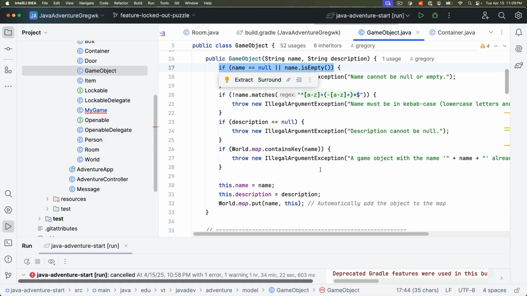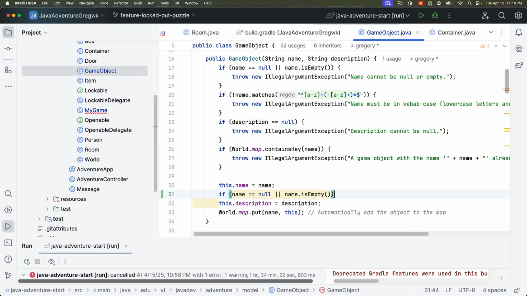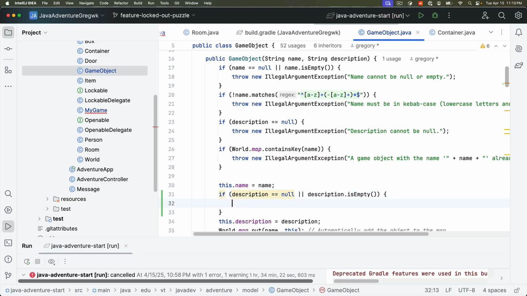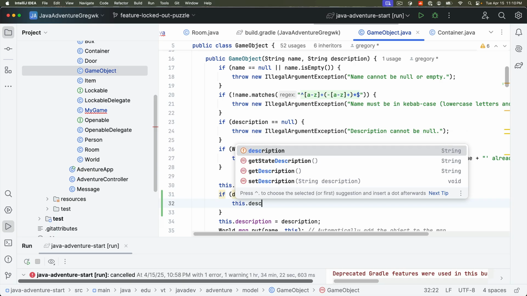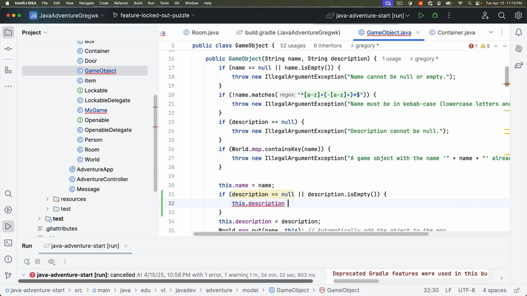Let's see, can I do that here? I'm setting the description equal to the description, but I'd like to say something similar here. If description is null or description is empty, I'd kind of like to say this dot description equals,